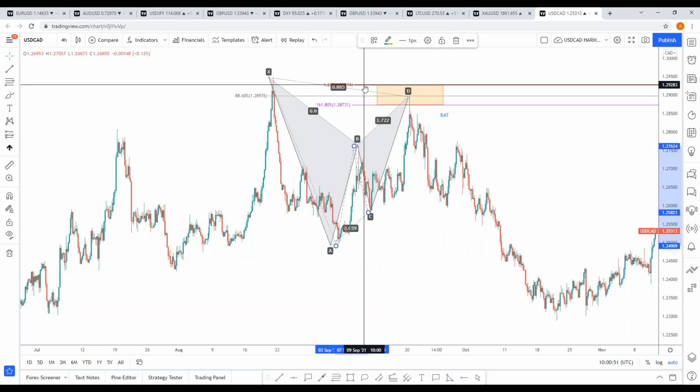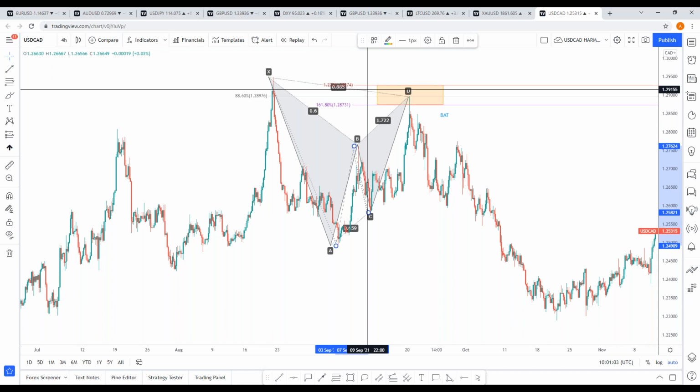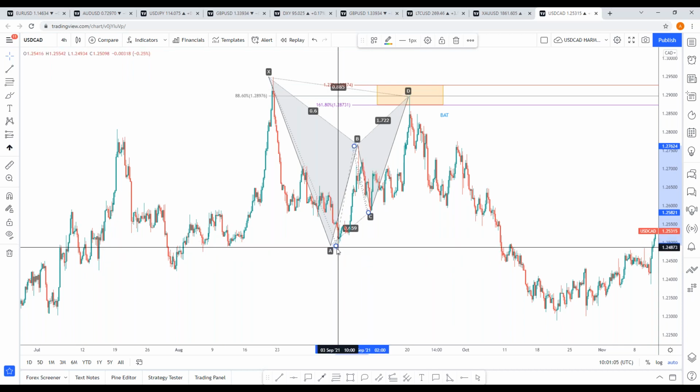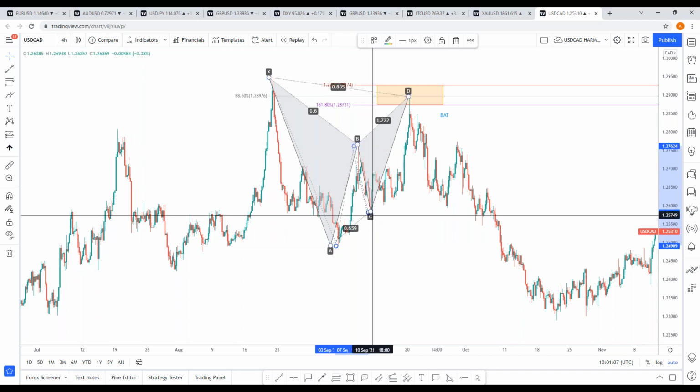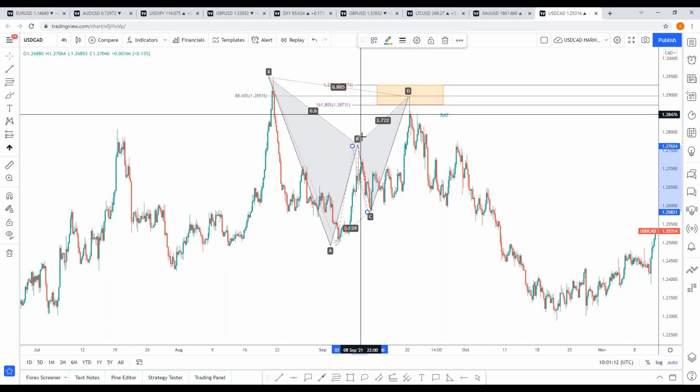So remember, in the bat pattern, we look at the alternate AB equals CD patterns. This is one of the key definitions laid out by Carney, a 1.272% alternate AB equals CD. And that's drawn from, again, the projection A to B to C, and that comes in at this area here. And we also have a 1.618%